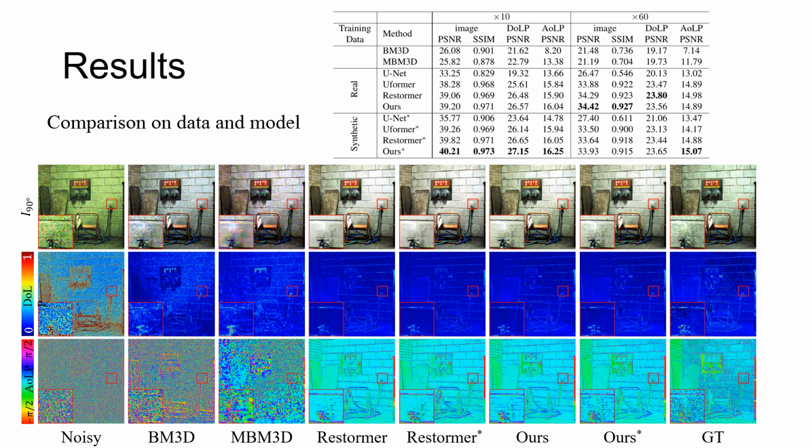As shown in the table and figure, the star symbol stands for the model trained on our synthetic data. Regarding the visual comparison and quantitative comparison, the traditional method fails to restore signal and polarization effectively. A model trained on our synthetic data can restore more detailed information compared to that trained on paired real noise data. And our network performs better on both restoring clean images and precise polarization information in most scenarios.